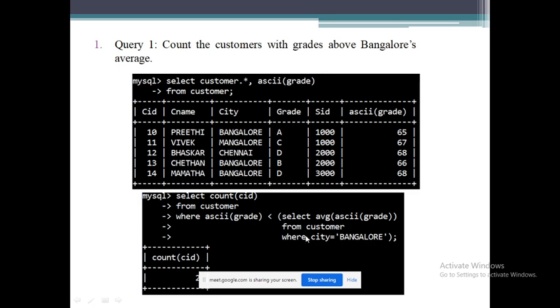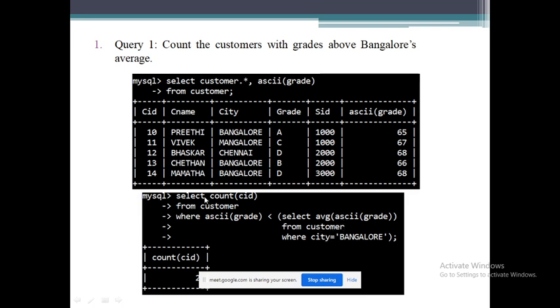Now first you find out the average of Bangalore. Here we are using nested queries. So first you find out select average of ASCII of grade from customer where city equal to Bangalore. So this will give you the average of Bangalore.